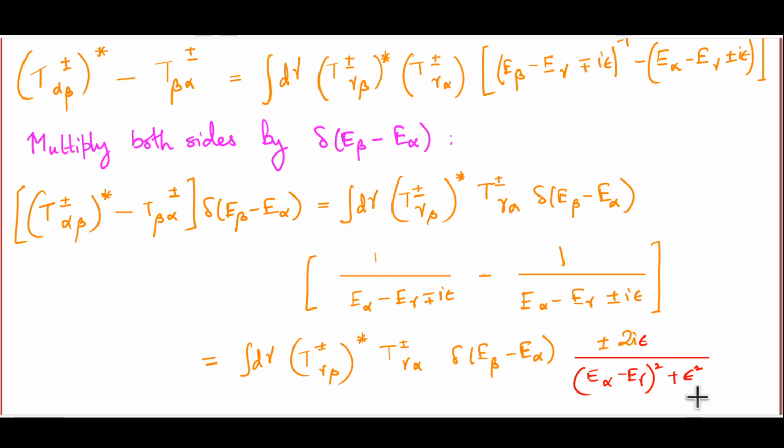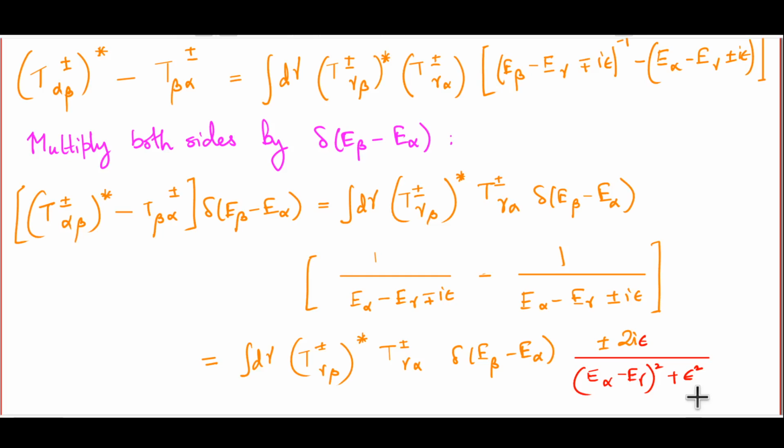But if E alpha is equal to E gamma, this quantity actually diverges in the limit epsilon goes to 0. And it is a very trivial calculation to figure out that if you were to integrate this with respect to dE from minus infinity to plus infinity, the result will always be